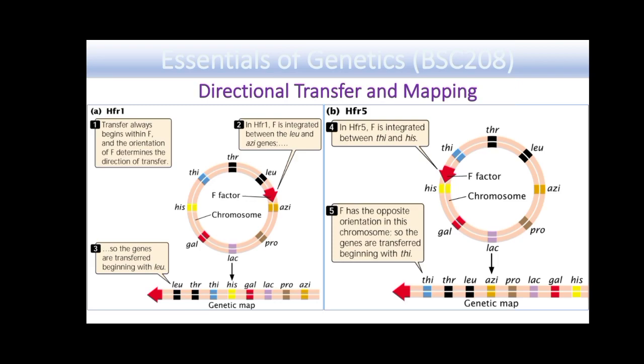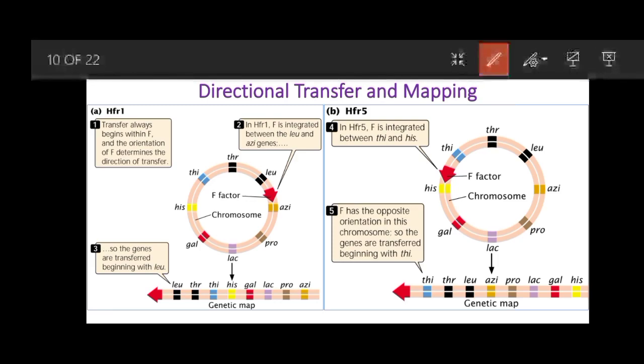So if we look at the strain HFR1, in HFR1 we can see that this F factor is present between AZI gene and leucine gene,